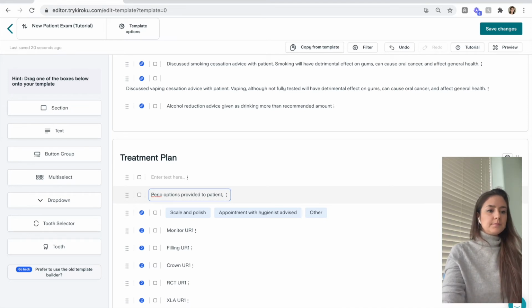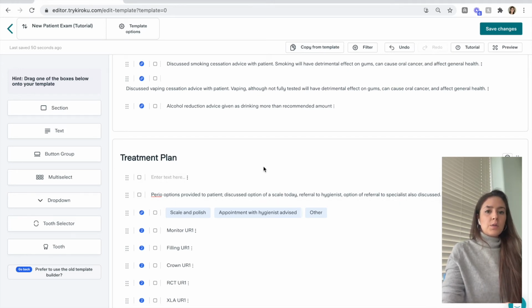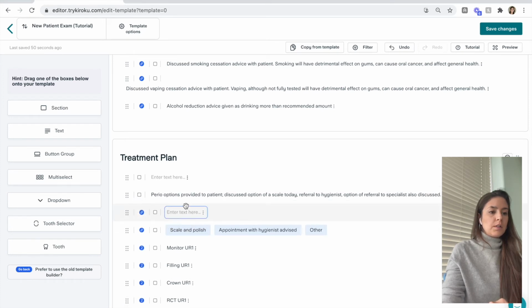So perio options provided to patient, discussed option of a... I then might also want what the patient chose to progress with. So within that, I might want to add either within the same line. I might also want to add it as a separate one, saying,